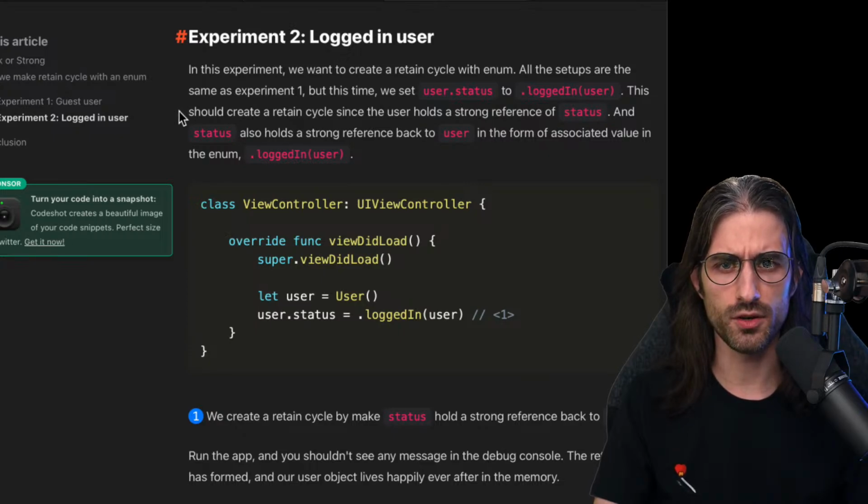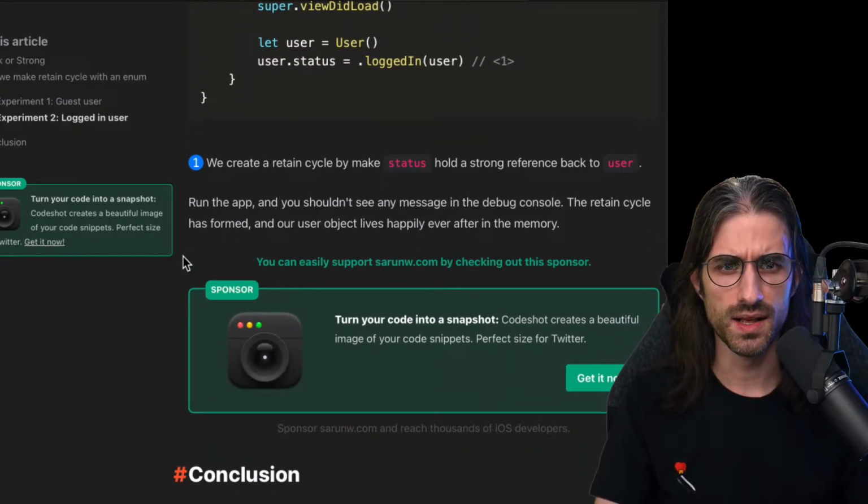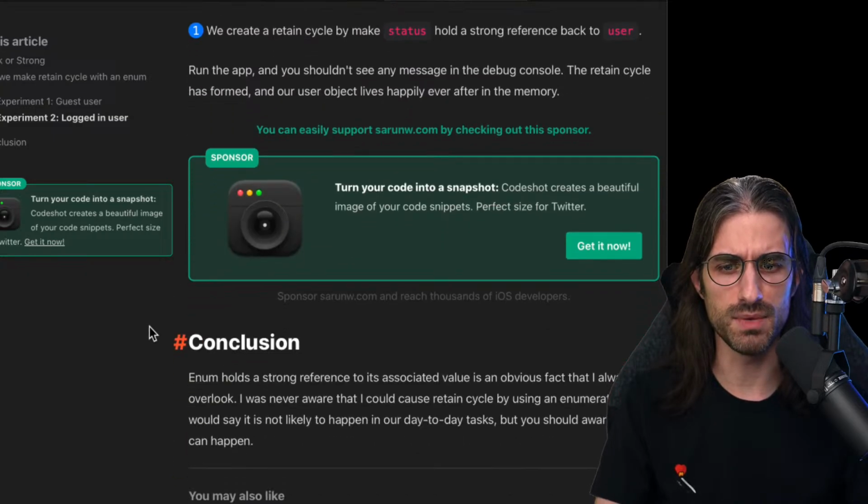This should create a retain cycle since the user holds a strong reference to status, and status also holds a strong reference back to user in the form of associated value in the enum, so the .loggedIn user case. So this code right here. Run the app and you shouldn't see any message in the debug console. The retain cycle has formed and our user object lives happily ever after in memory.